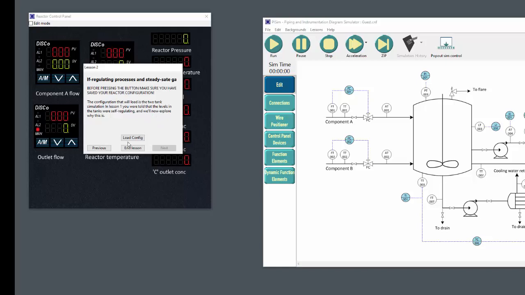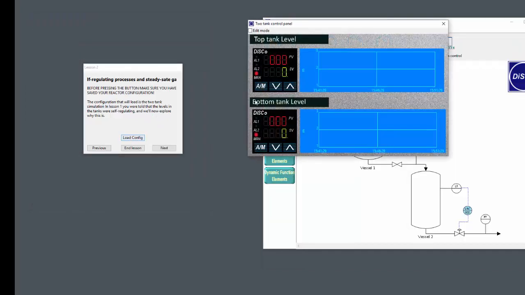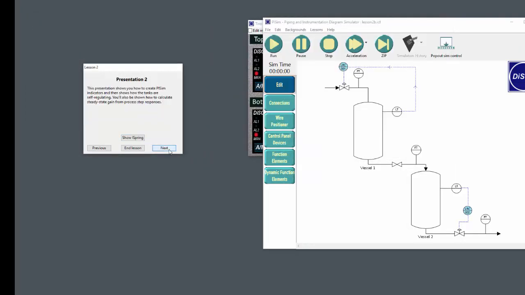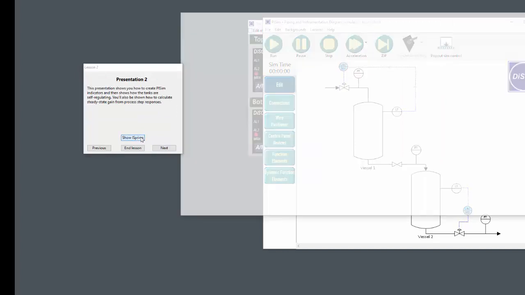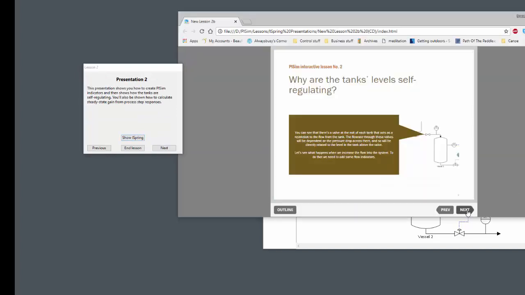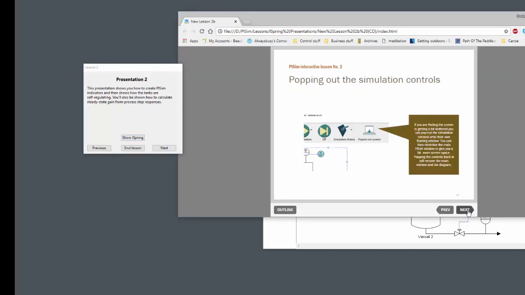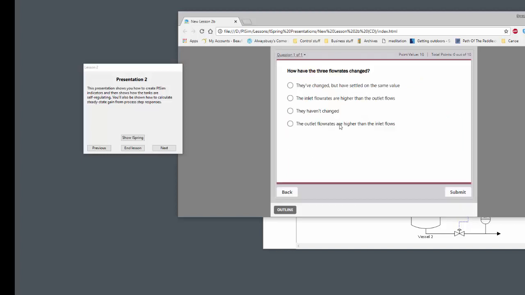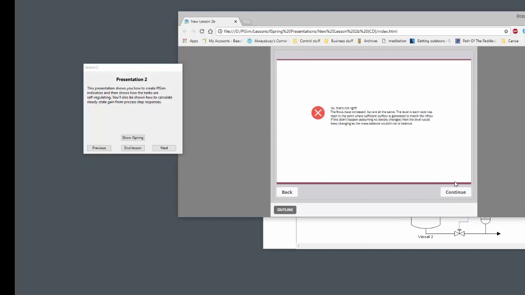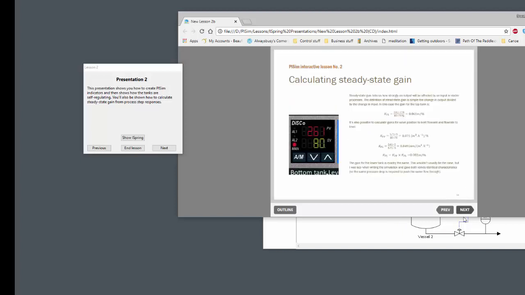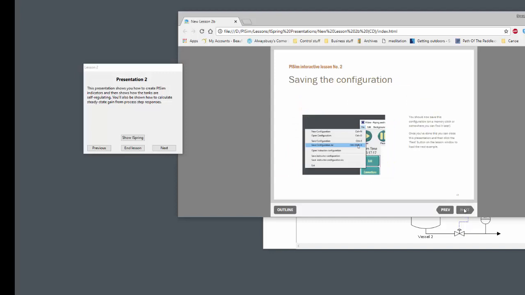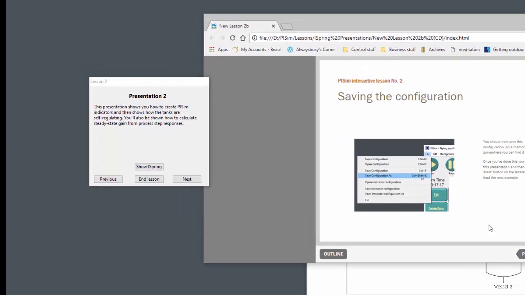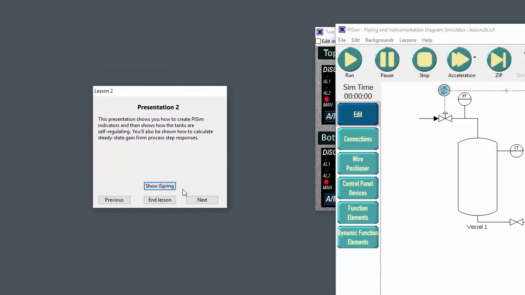Okay, so what we're doing here is loading another configuration. Can't remember what this one does. Next, show an iSpring presentation. Blah blah blah. I have no idea what I've got to do in this one. It's again asking us quiz questions. I didn't get the right answer there. Never mind. It's asking me to calculate steady state gain, save the configuration, and I can then move on, integrating